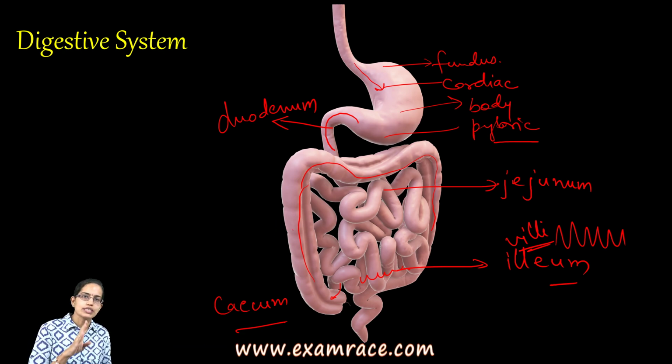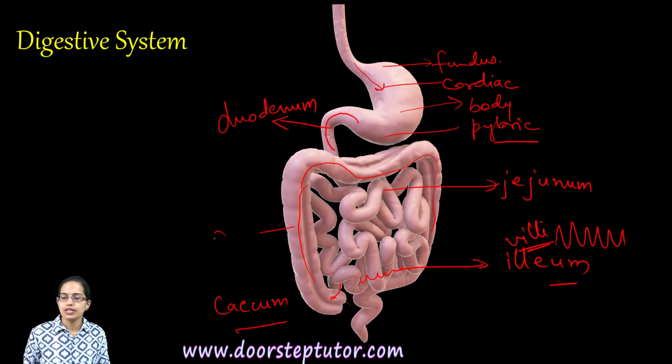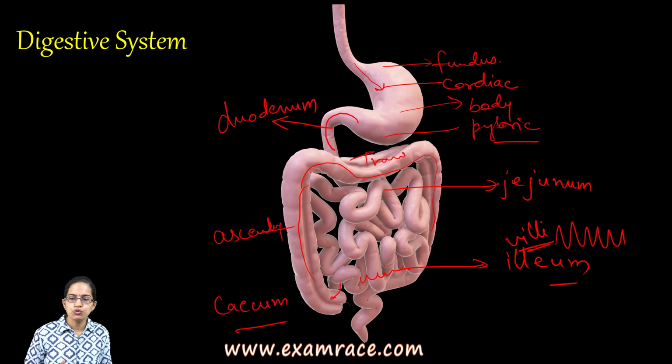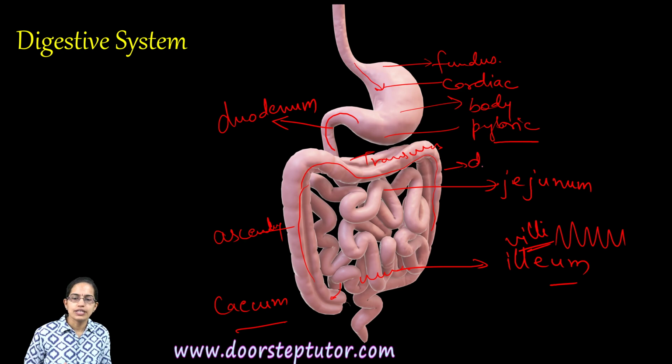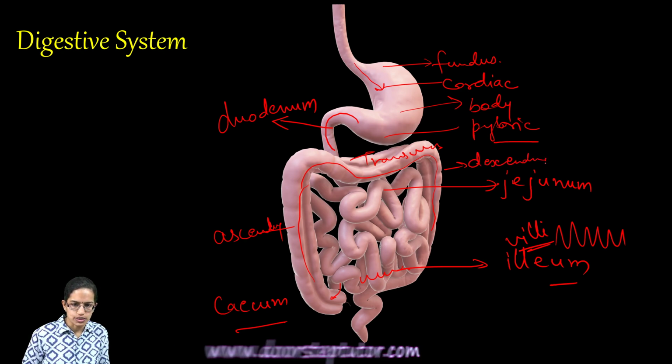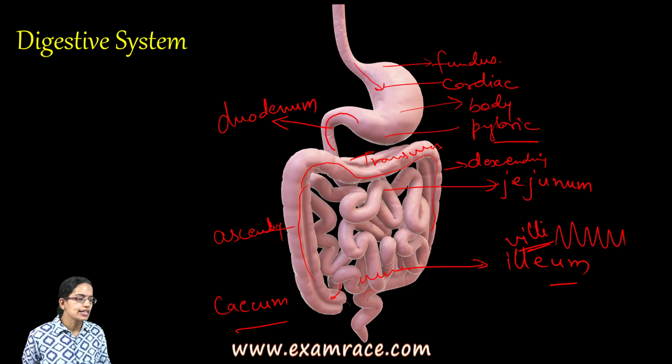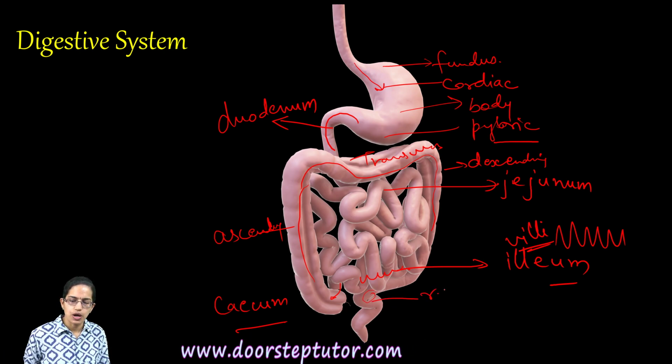Now this colon is divided into 3 parts. You have the ascending that goes up. Then you have the transverse which moves parallel, and then you have the descending that moves downwards. So these 3 form the section of the colon, and finally you have the last section where you have the